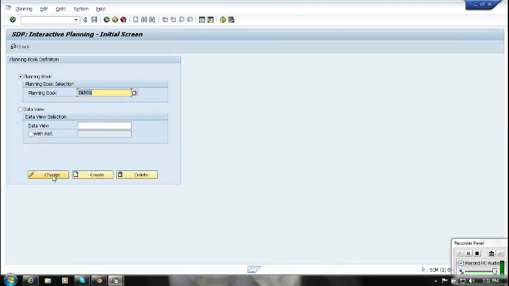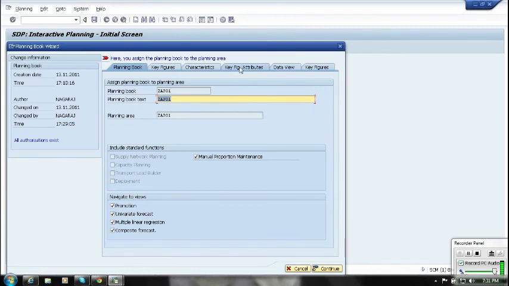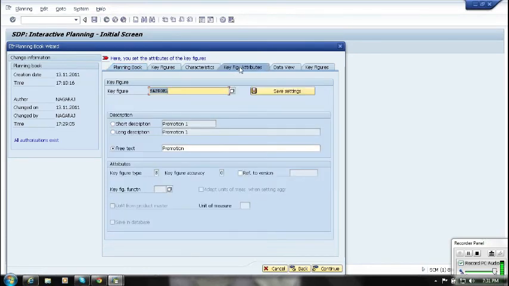That is one option. And another option in the key figure attributes, you can create some dummy key figures also. Technically we call those auxiliary key figures. For any calculation purpose, any temporary calculations, we can create our own key figure.